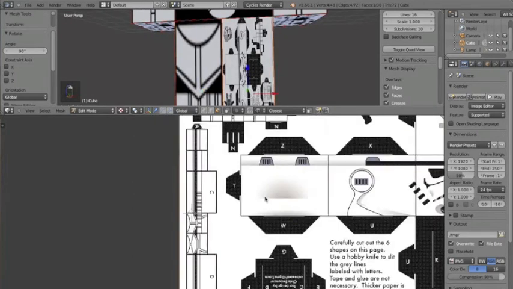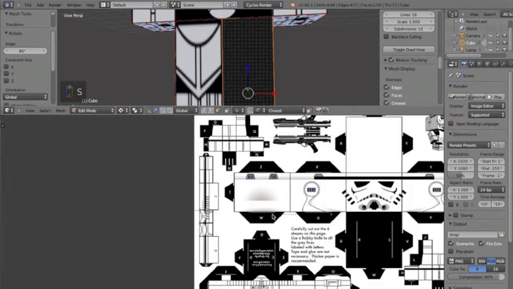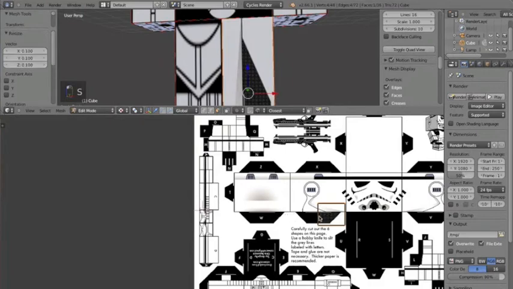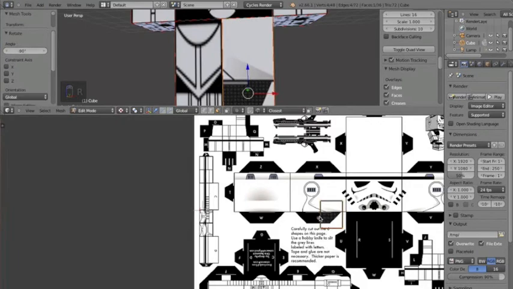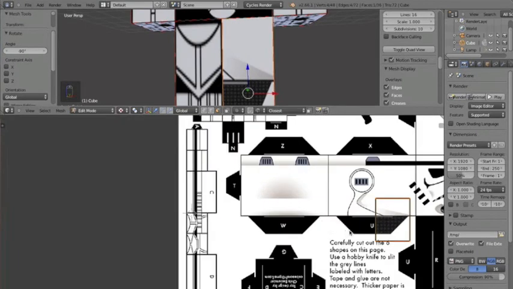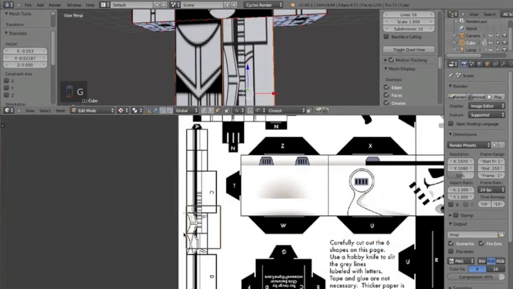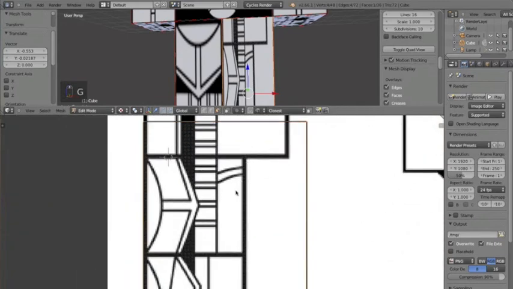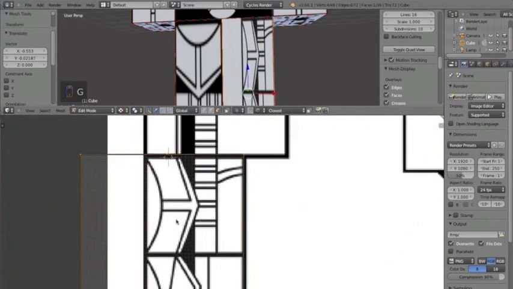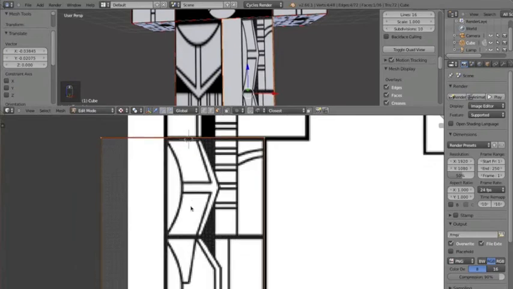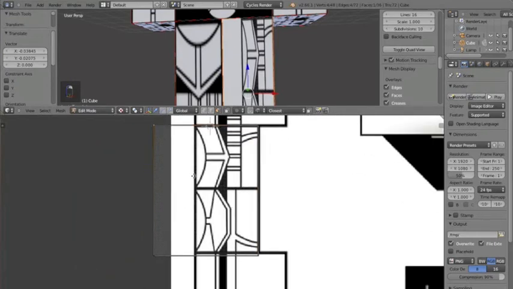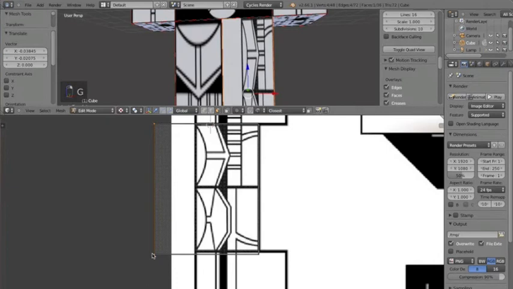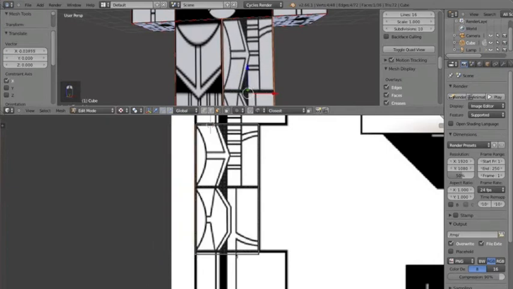So we'll do that with the next one, size 0.1, rotate to 70, and line up the corner. Yep, there we go. And then right click, grab on the X, grab on the Y,